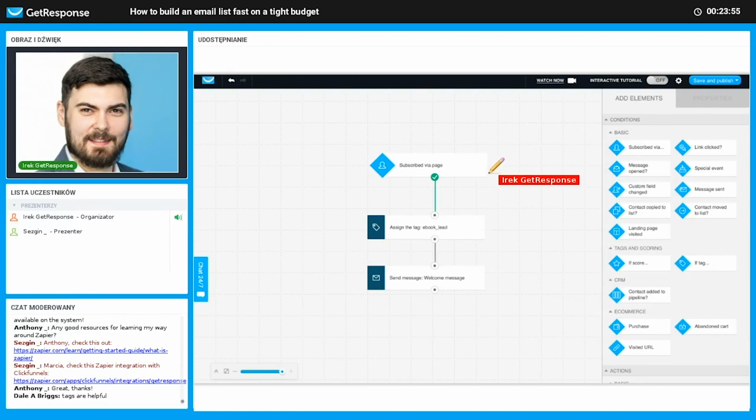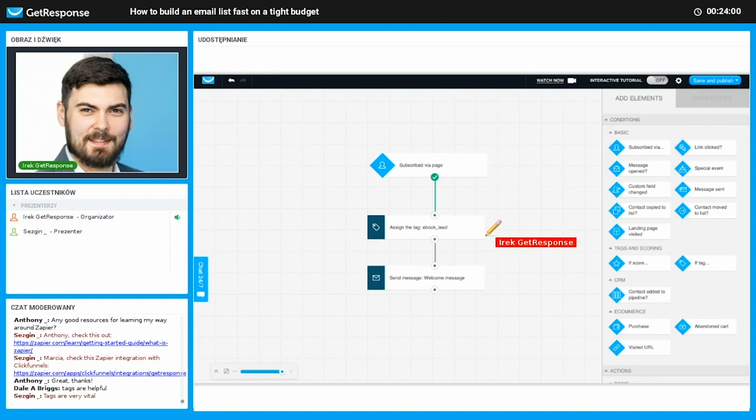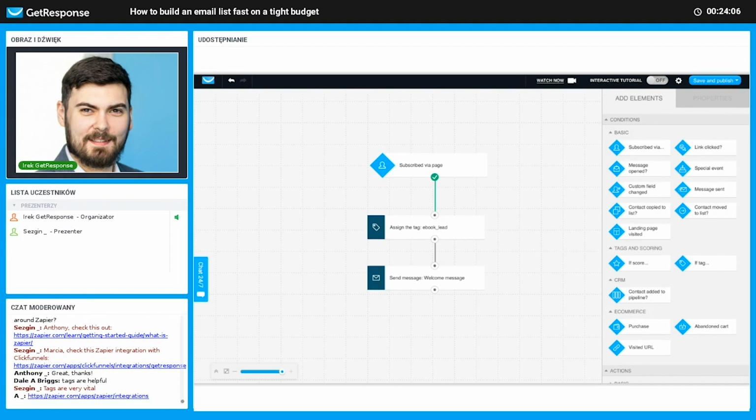And the cool thing is that you will be able to track the people who subscribed through this particular landing page. So you will be able to calculate, let's say, the ROI of a campaign for the people who subscribed and downloaded your ebook. So this way you will also be able to check maybe how your content influences the purchase. You will be able to actually see the difference perhaps between people you've reached through social media and people you've reached through a particular landing page.